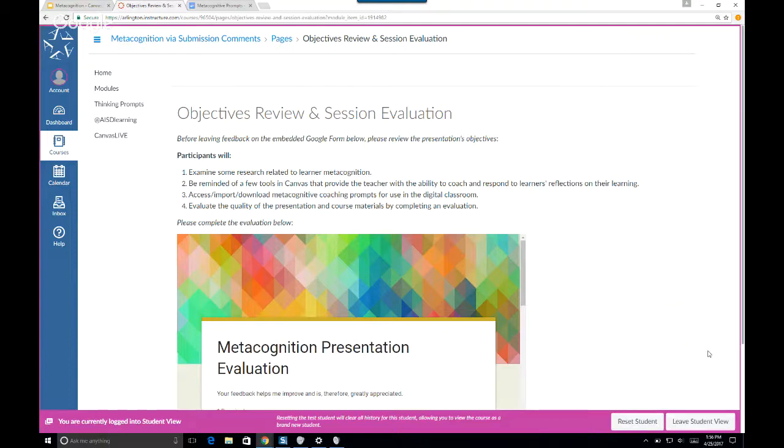And then finally, to give you the opportunity to share out your thinking and also to provide me some feedback here on this evaluation. So you should see an embedded Google form on this Canvas page. If you have the time and the willingness, please feel free to give me some feedback, which I'd really appreciate. That helps me improve my work going forward.